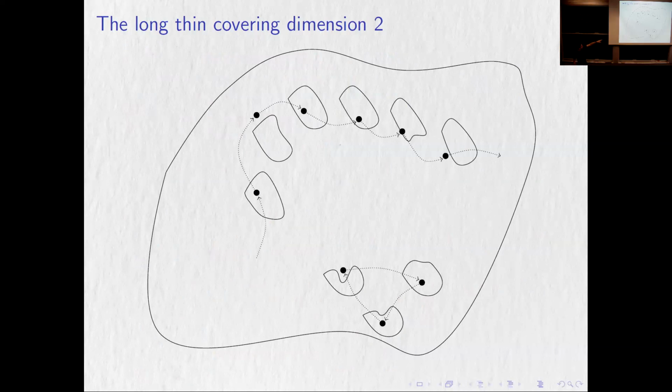This is my space, right? What I want to do is somehow cover the space with these kinds of collections of blobs, right? Each collection of blobs. Now notice I'm not claiming that each blob goes into the other. It's not exactly this Rochlin picture. Think of these as supports of bump functions, right?